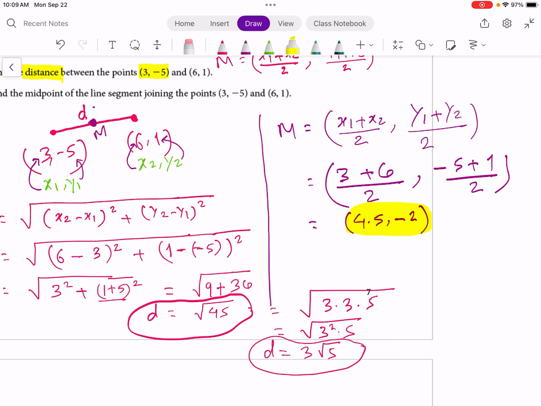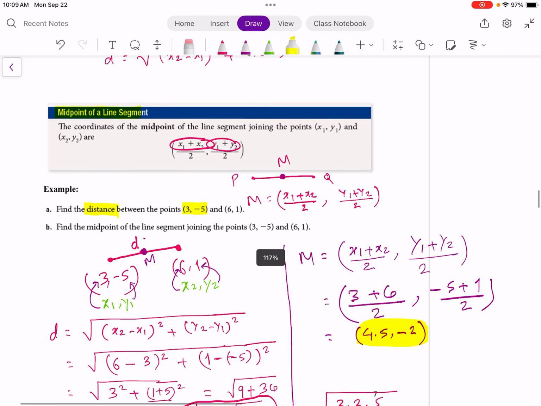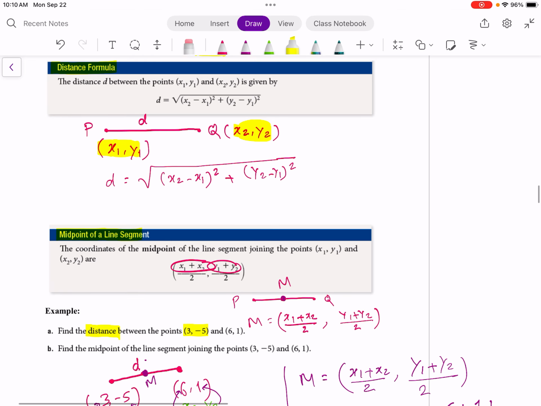Any question up to here? Yeah, I copied this distance formula, okay? So you must have this distance formula, and I copied it here. Okay, next here, what we have here is that